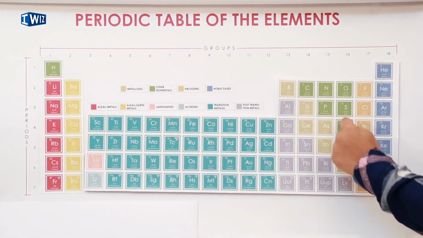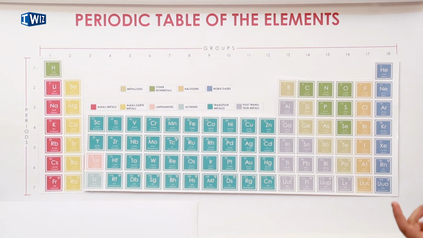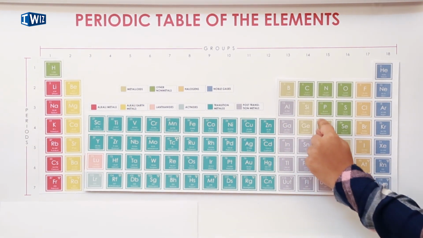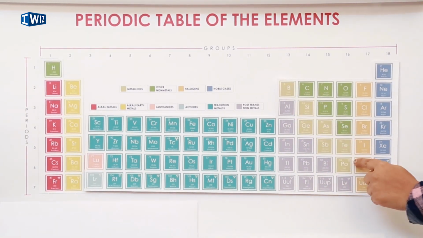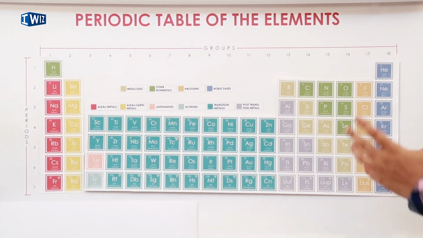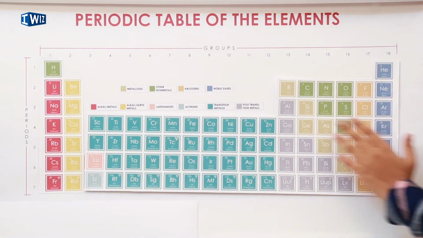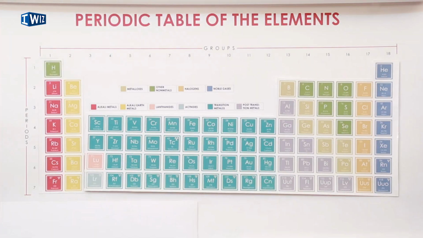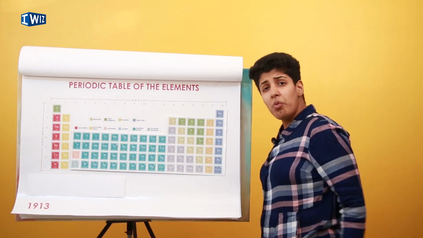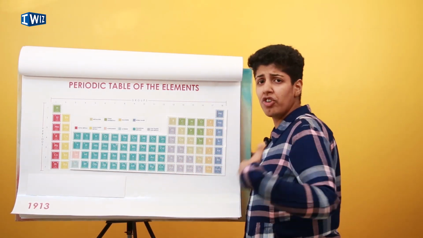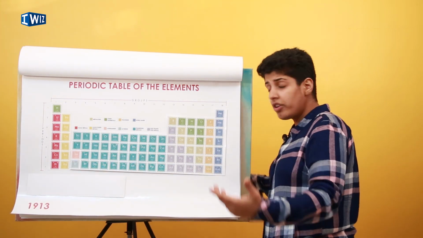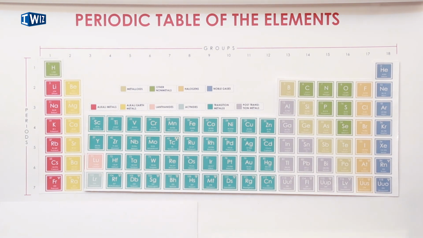Over here, the green ones, we have non-metals. And if you see this step over here, if I just draw a line from boron, these are the metalloids. They share their properties. They are between the metals and the non-metals. As you can see, we have a lot of metals in the periodic table. Over here, what metals really want to do is give their electron. We are going to get into why they do that, but these over here really want to give their electron away, and over here, they want to accept. They want to take, they want to get the electrons.